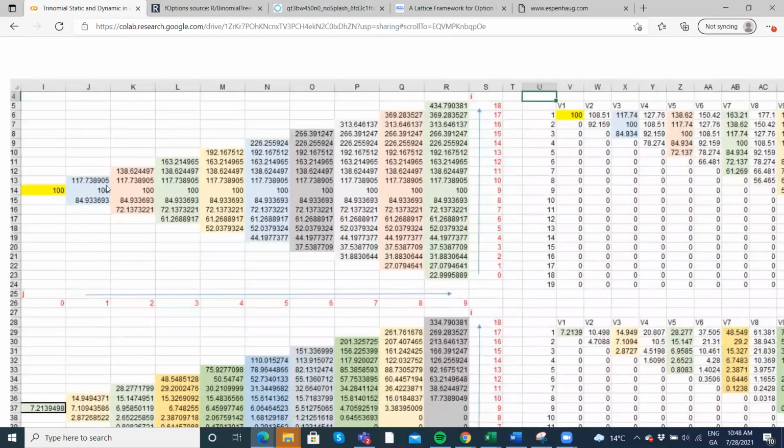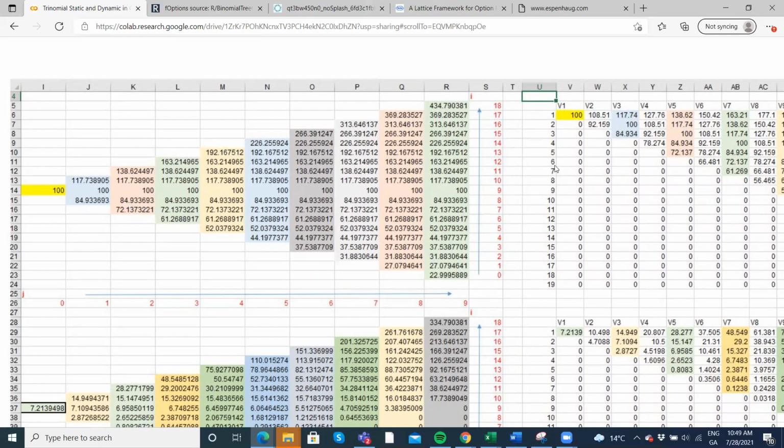So I start off at 100 in the trinomial, and then step 1 in the 9-step tree, I have these 3 nodes going up, going across, going down. But for the binomial tree, I would have obtained the same, going up, up, going up, down, going down, down. So I have 84.93, which is the same as here. And again, if I go up, up again, I get 138.62, 138.62,